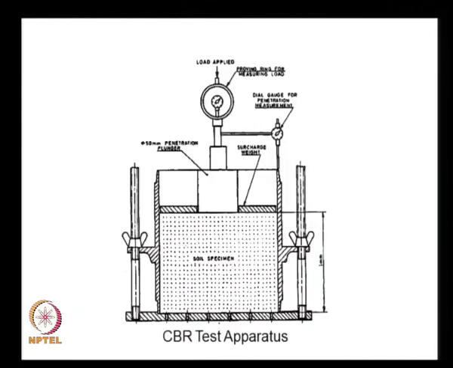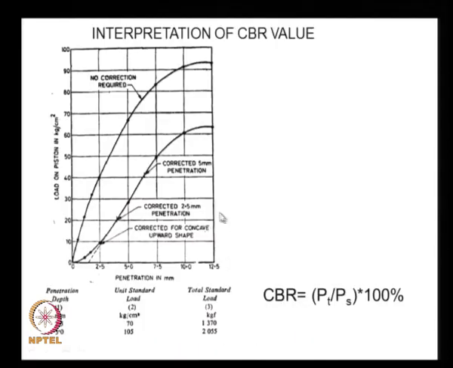And the design of the pavements is based on the CBR value, the California bearing ratio, and what you are looking at is the apparatus to perform the CBR test. We take a soil specimen compacted to the desired density at an optimum moisture content as we do it in the site, and then there is a standard way of applying the loads, and we put a standard surcharge weight, and then we apply the loading at a standard rate of loading, and we get a curve